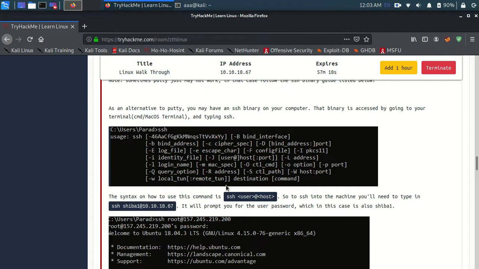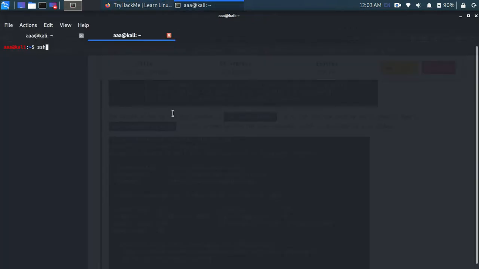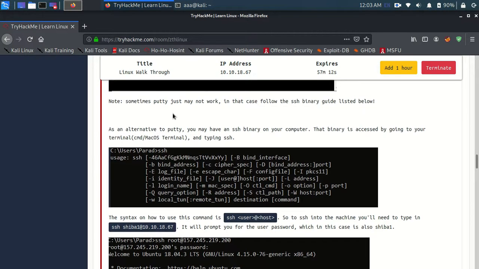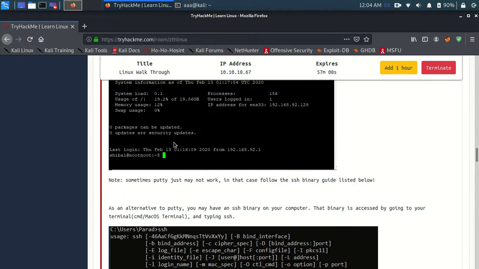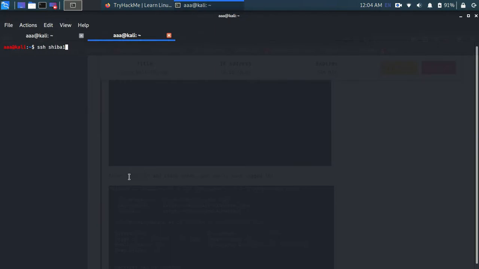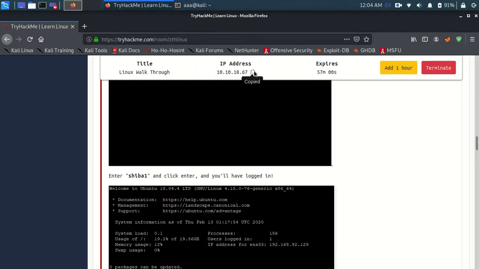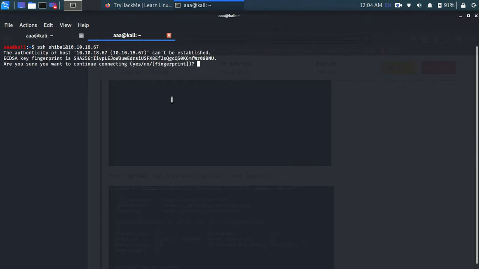So we need to type ssh user@host. The username is, let's look for the username, Shiba1. So this is the username @ the IP address, and let's press enter. I am sure I want to connect, and the password is Shiba as well.